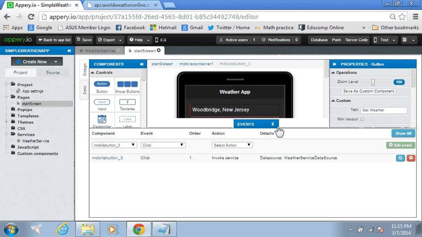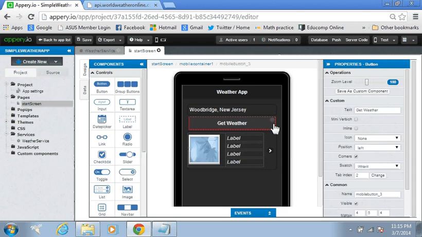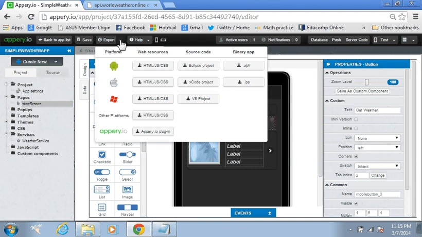Now the icing on the cake. After we are done with all this, creating an app and then testing it in a simulated environment, what I can do is go onto this export menu, and as you can see, I can export this app in a variety of formats. If I want to deploy the app on an Android phone, I can export the app as an APK. If I want to deploy this same app on an iOS phone, I can export it in the appropriate format.